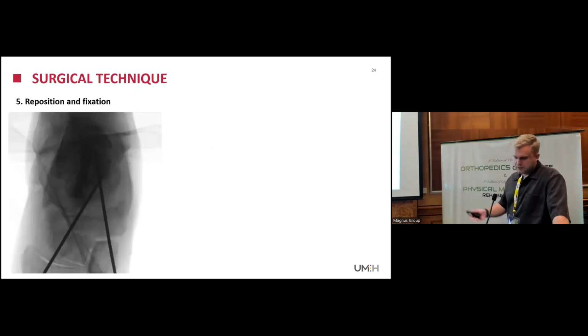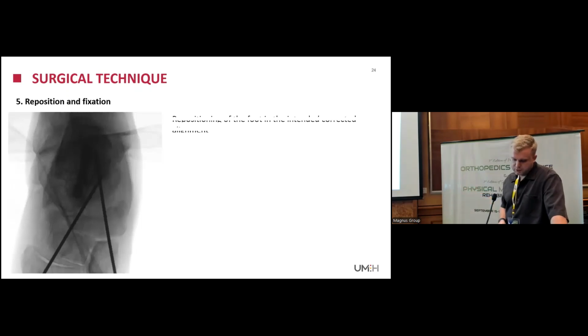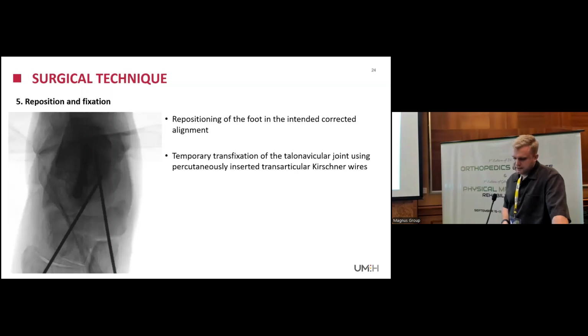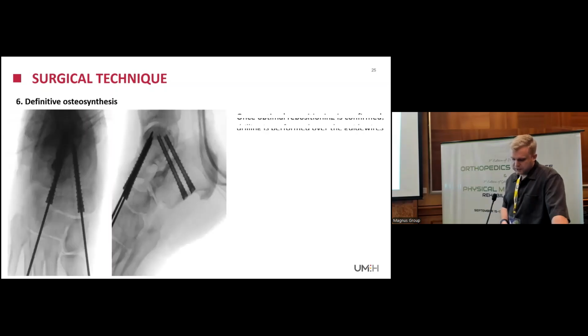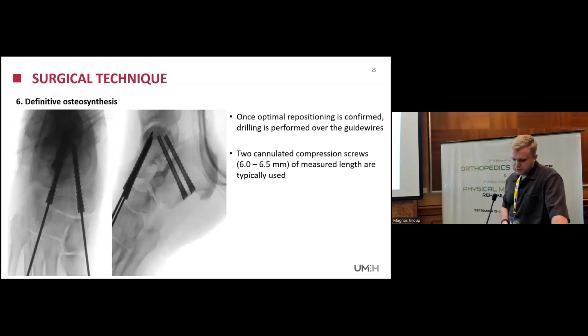After you did that, you take out your borer, and then you temporarily reposition your joint in the intended corrected alignment. You temporarily fixate it with K-wires, and then you check again with X-ray if the alignment is correct. And if so, then you drill or over-drill the K-wires and compress the TN joint with 2 cannulated